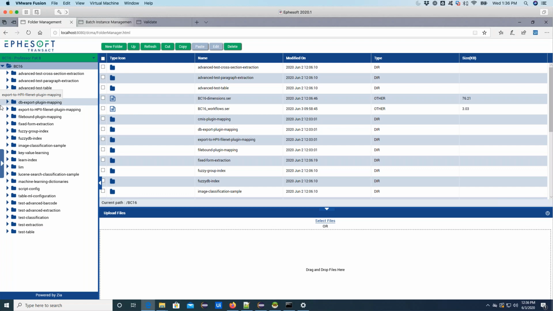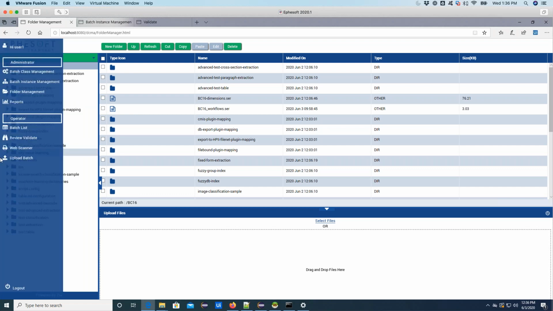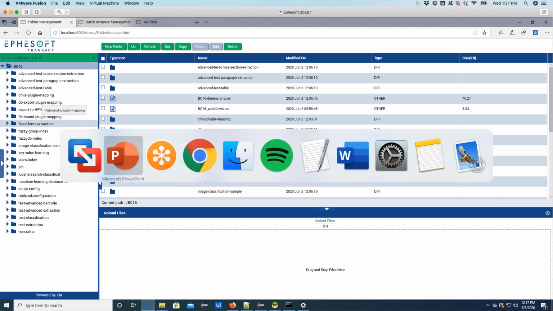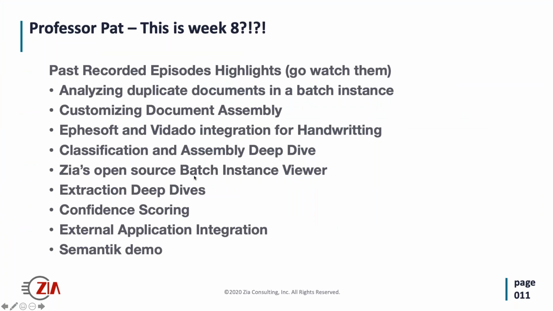By default, when you drag and drop a sample inside of Ephesoft for classification training, it will put first page on first page, middle page on middle page, and last page inside of last page. So this gives you the capability of manipulating that. It's not really used that often, and to be honest, a lot of times the people configuring Ephesoft have access to the server, and so they can just do it there. So I just wanted to go over what folder management does and what you can actually do inside of there. Are there any questions on those pieces?